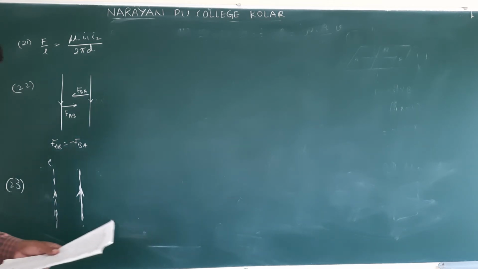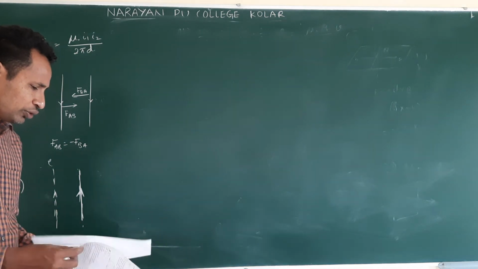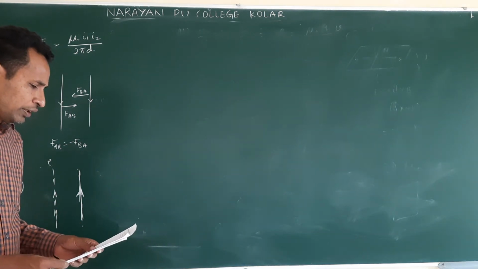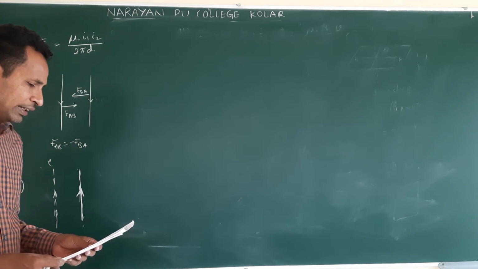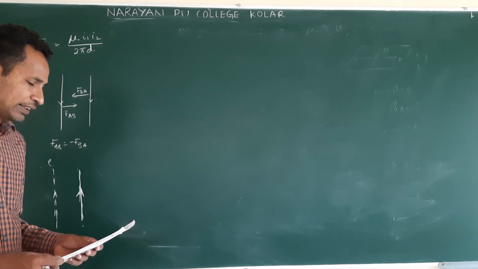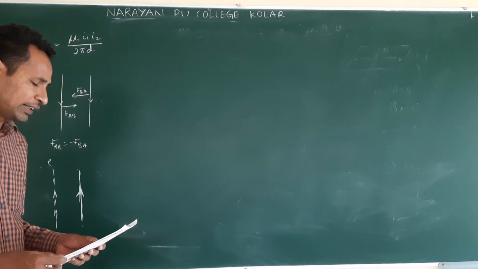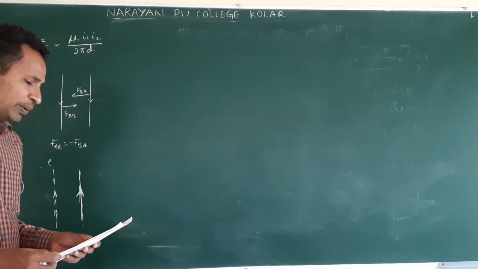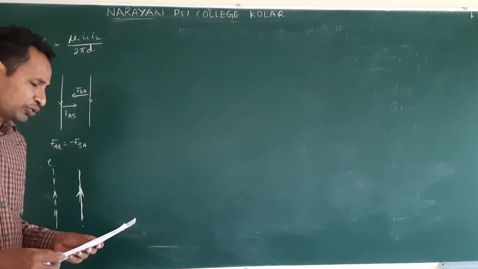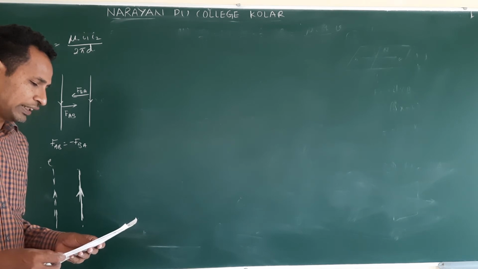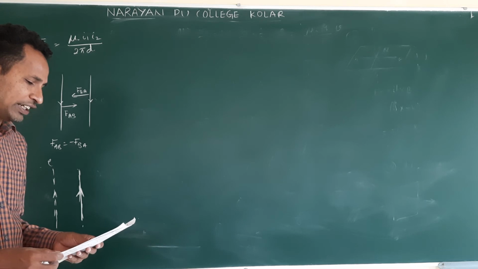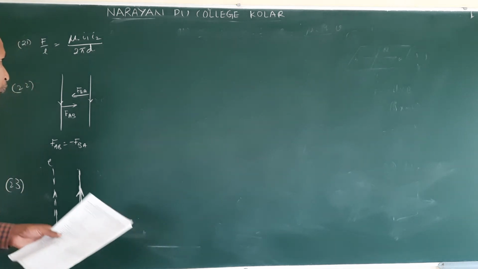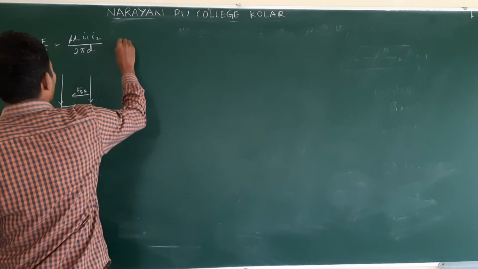Okay. Next, 24. A cell is connected between the points A and C of a circular conductor ABC of the center O with angle AOC 60 degrees. If B1 and B2 are the magnitudes of the magnetic field at O due to the currents in ABC and ADC respectively, the ratio B1 by B2. This is 24.